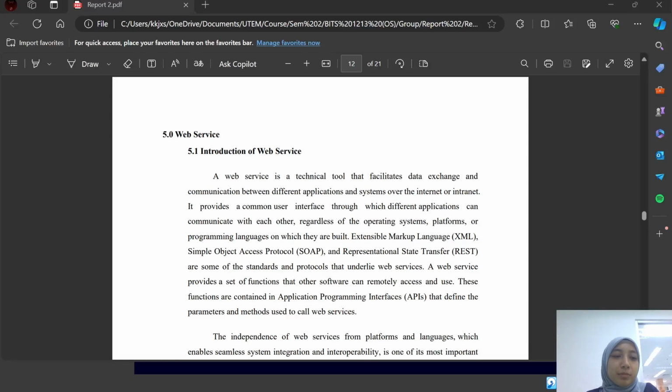Assalamualaikum Dr. Wahida. I'm Nadia Dominic. I'm going to present about web service. Web services are technical tools that allow different applications and systems to communicate with each other over the internet or intranet. They provide a common interface, making it possible for applications to work on different platforms and using various programming languages